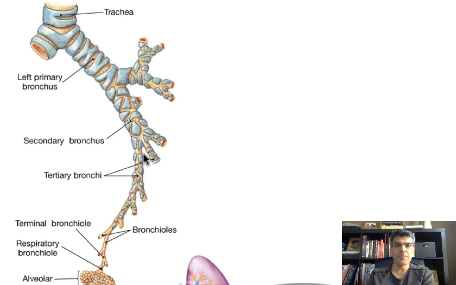The last thing I want to tell you about this picture is realize that we have a bunch of cartilages in the wall of the trachea and then bronchus. These cartilages start breaking up, but by the time we get to bronchiole, there is no cartilage. So in the lab, when you look at the slide, how do we know we are at the bronchiole level or we are at the bronchus level? Bronchiole doesn't have cartilage. Bronchus has cartilage. If the cartilage is in the form of a ring and is complete, it's called primary bronchus. When this is broken up, it should be secondary or tertiary bronchus. Bronchiole doesn't have any cartilage.